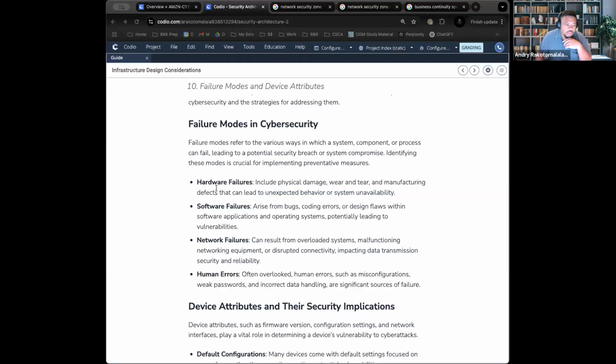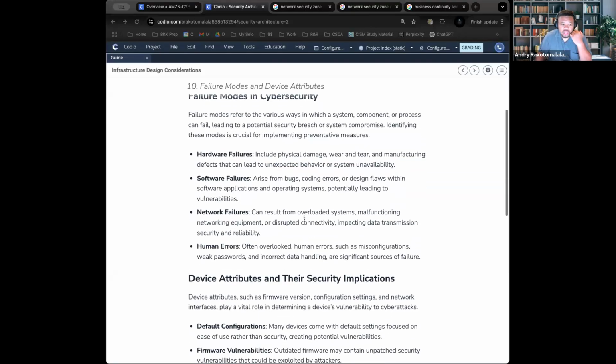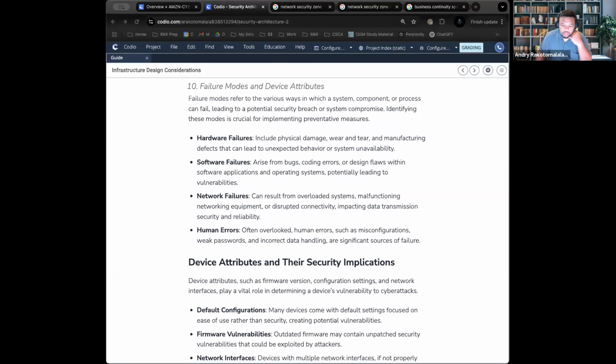To prevent it, you want to make sure that you have redundant hardware. Typically, you have one or two of the same devices so that you can fail over to them when needed. Then you have what we call a UPS, which stands for uninterruptible power supply, a backup power supply, as well as different monitoring tools to know if a hardware device fails, so that you can go ahead and mitigate it.